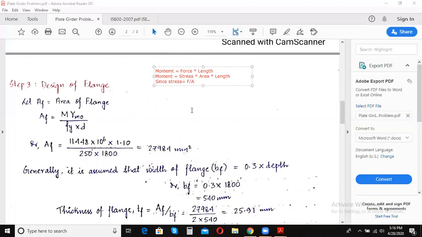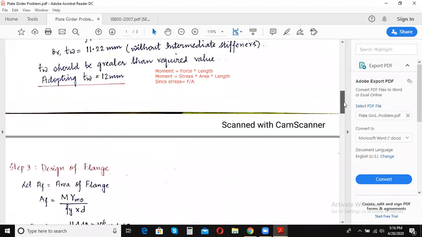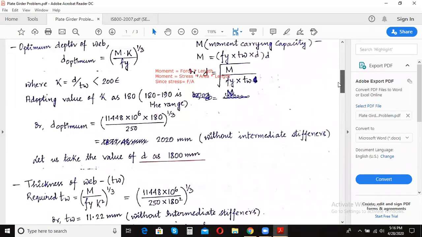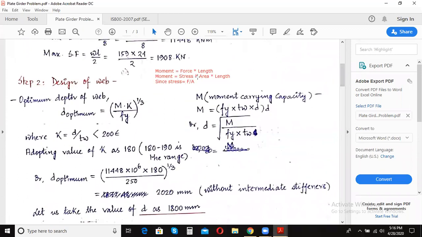In the formula I've written here, M is for moment, Fy is the yield stress of steel, Tw into D represents the area, and D is a dimension or the length.